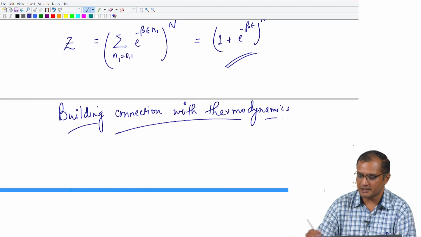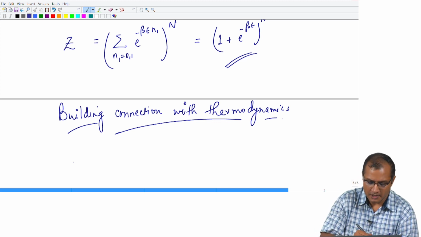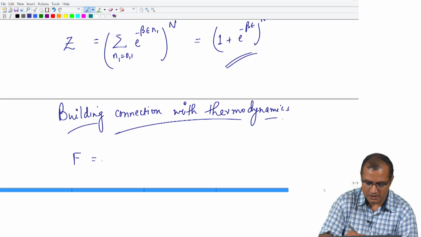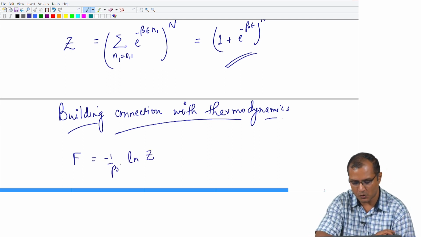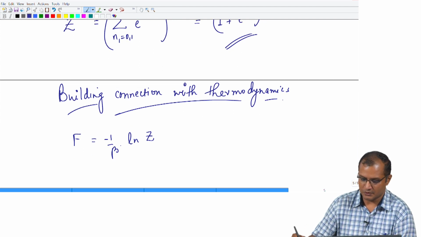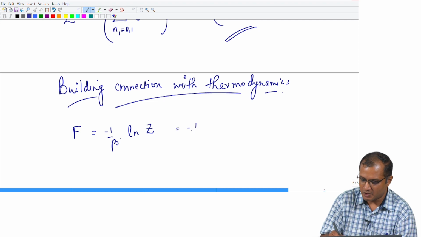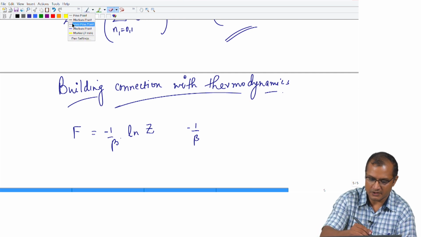So, with the partition function just recently computed, the first thing I am going to do is set up the bridge, which is F equals minus 1 over beta ln Z. This opens up the connection with thermodynamics. Okay. So, this is nothing but minus 1 upon beta times the logarithm of the partition function that I have just obtained,